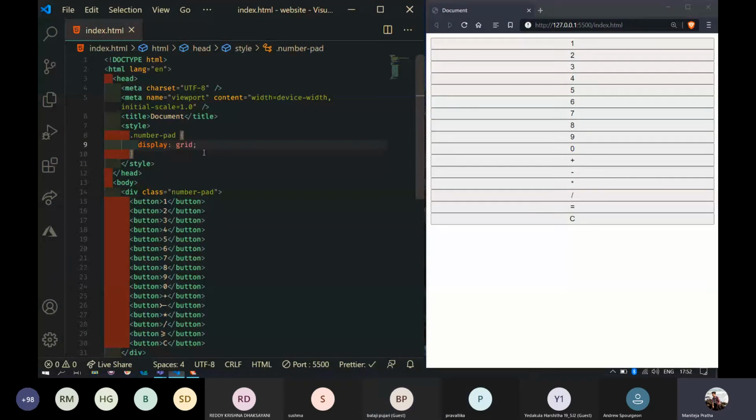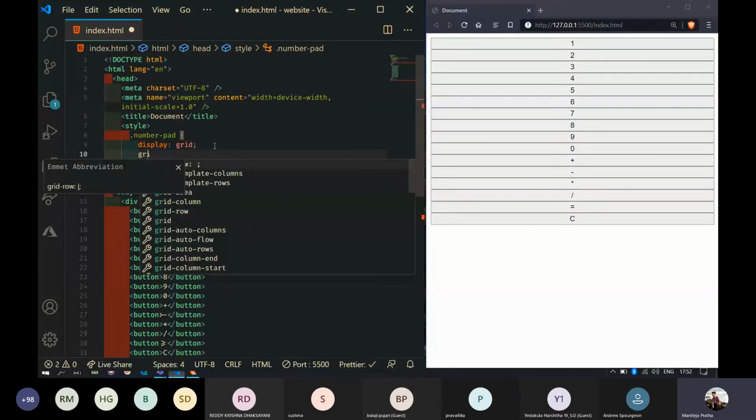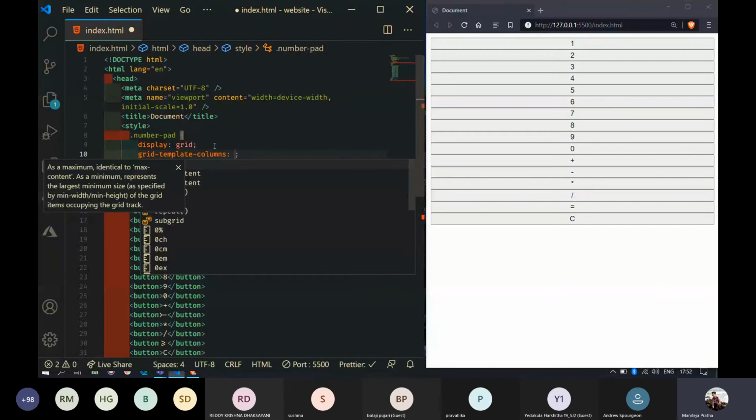Whenever we use grid as a display, we have something called grid template columns, where you can specify the size of each column. We have 100% of width and we want 4 columns, so what will be the width for each column? 25%, 25%, 25%, and 25%.